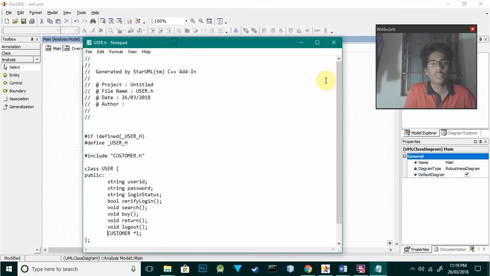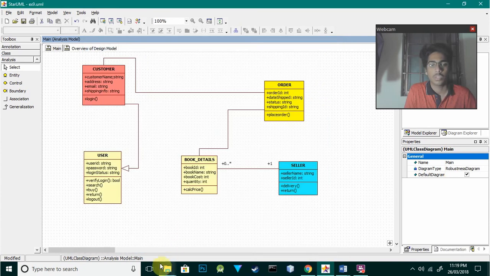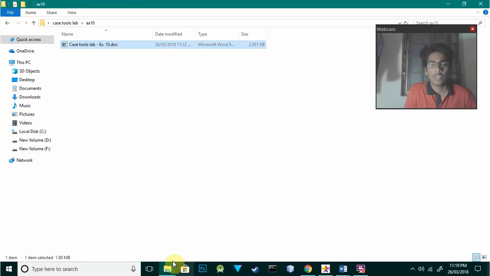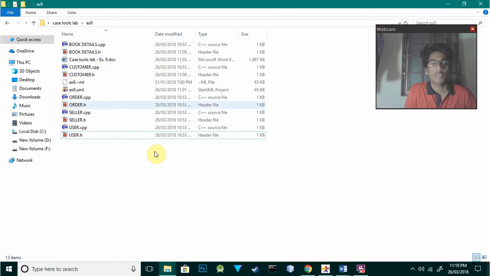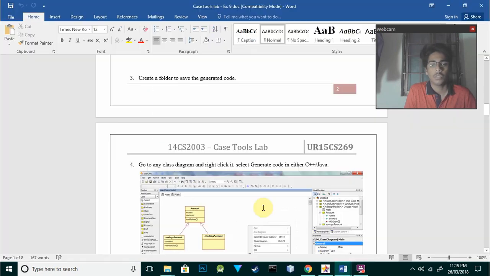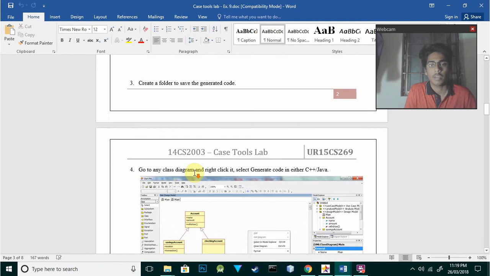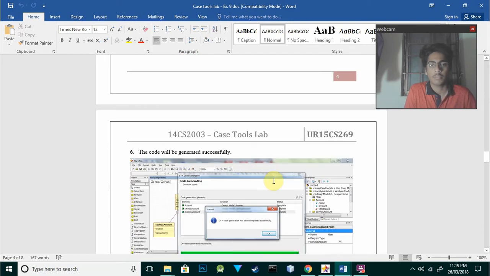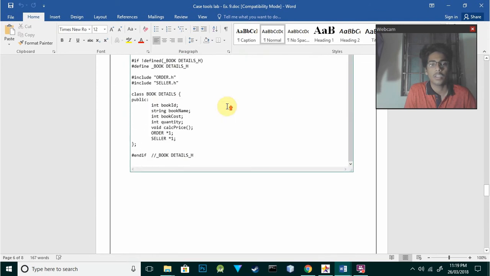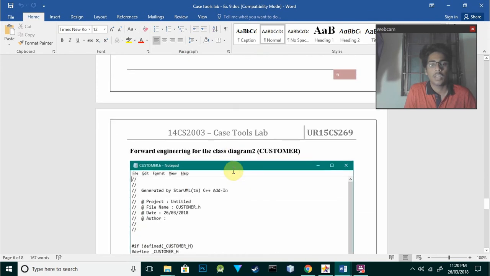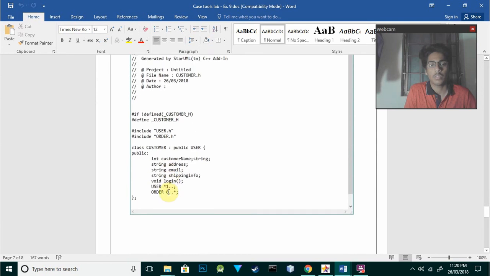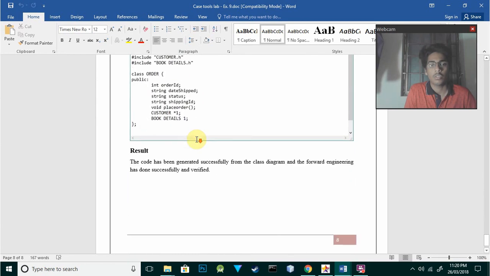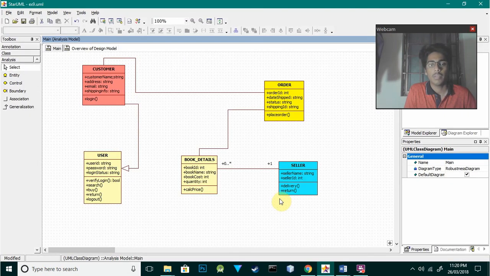So this was the header file that contains this, and these are some of the CPP files also. So you can see these are the steps like I have already stated, and you just have to click on the next button and the code will be automatically generated. So this is one of the codes, like for customer we have this one, and for order also we have. So in this way we can easily create code from a given class diagram. So that was all about forward engineering. Thank you for